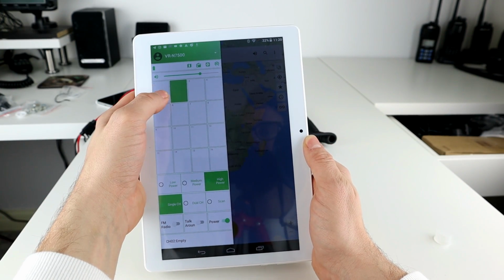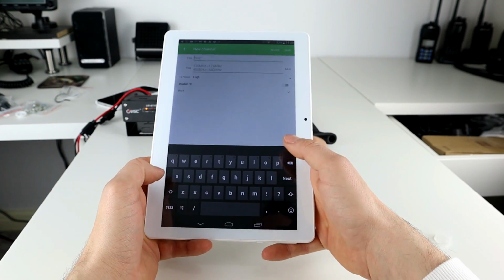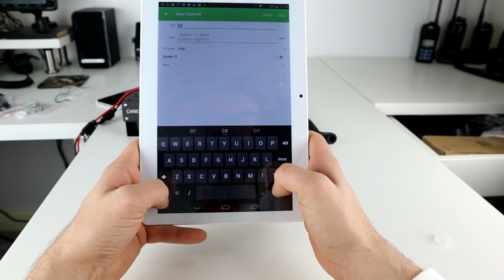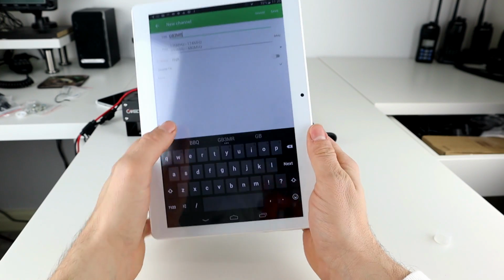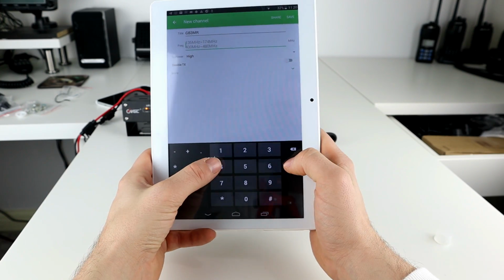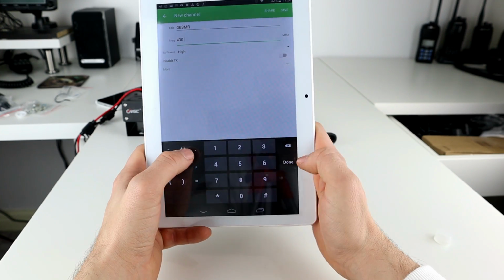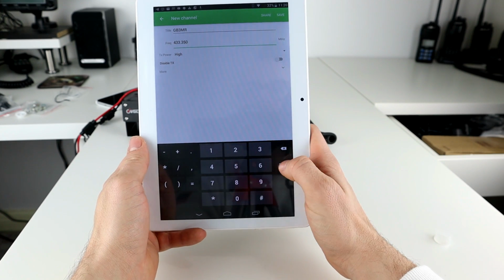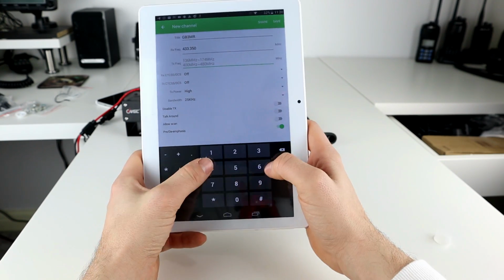If we go to channel 1, we can edit that channel. We can put the title in, so we'll have GB3MR. We'll put the receive frequency in, so it's 433.350. And then if we click on more, we can put our transmit frequency in,